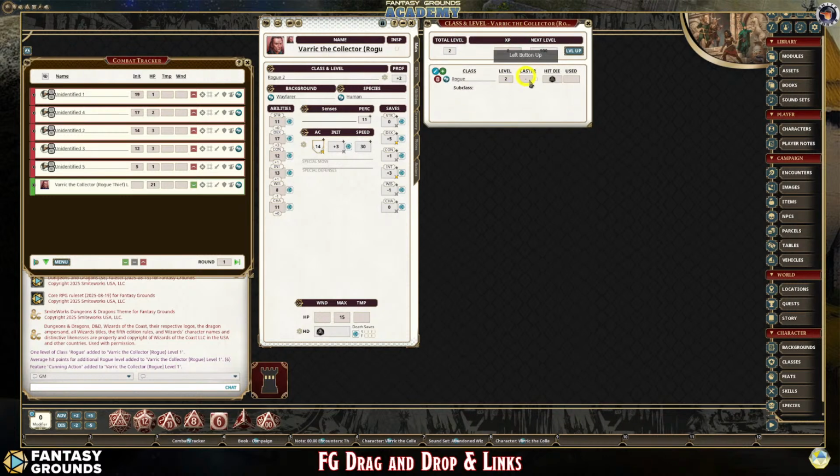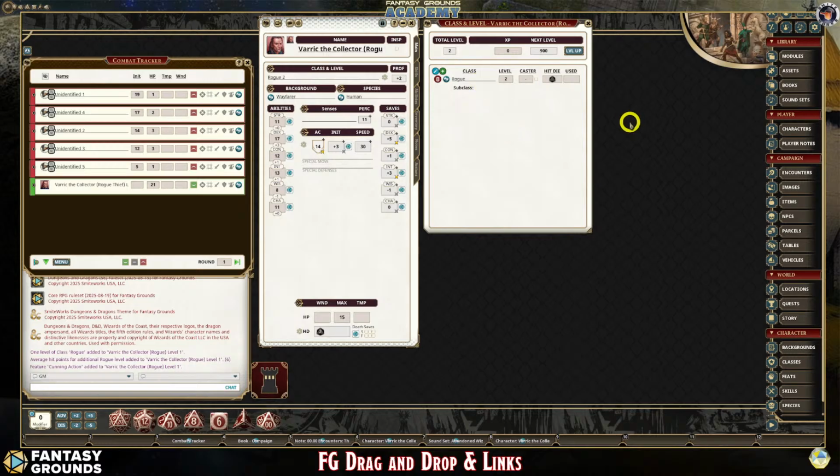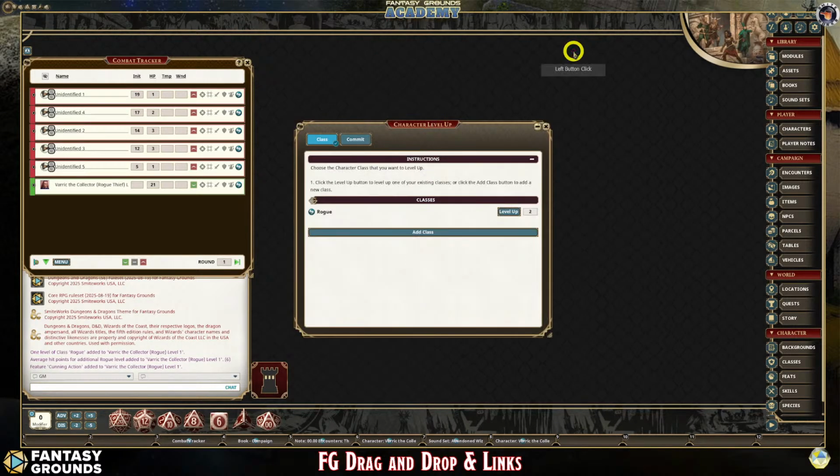So if you have a character wizard, not all rule sets do, but you would use this level up button rather than dragging and dropping, because a lot of people don't understand how that works. Or if you've been using Fantasy Grounds, some people prefer to do drag and drop instead of the character wizard, because sometimes a character wizard will miss out on things, especially for custom content or third-party content that's not actually official rule set material. So you can click level up here, and then you can get into this where you